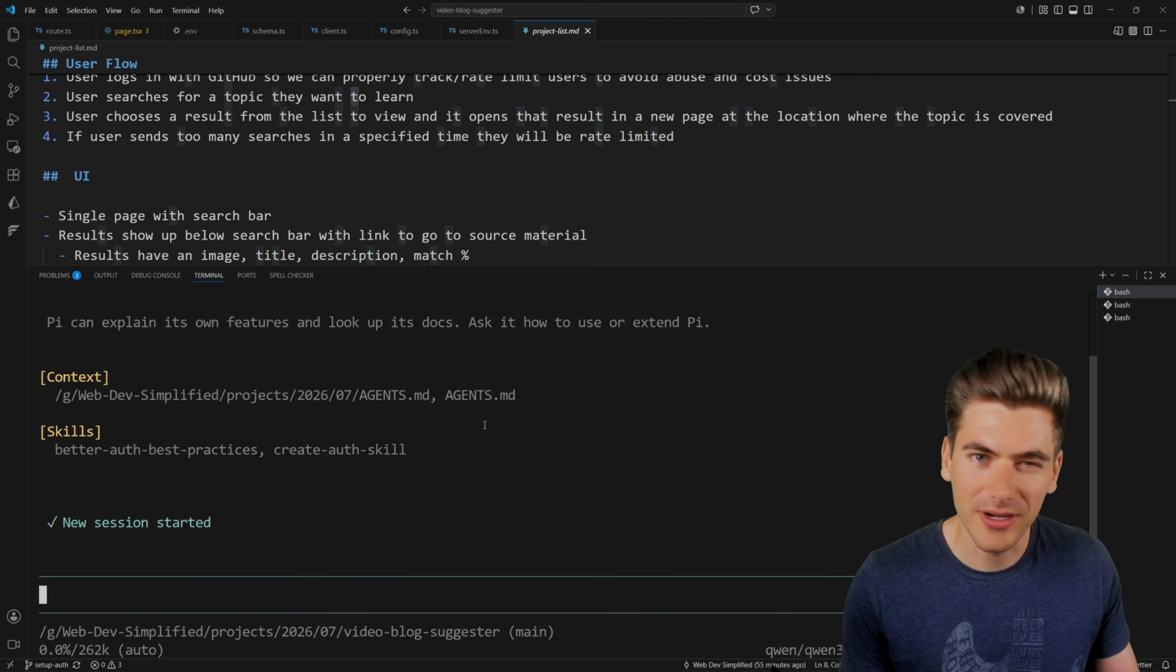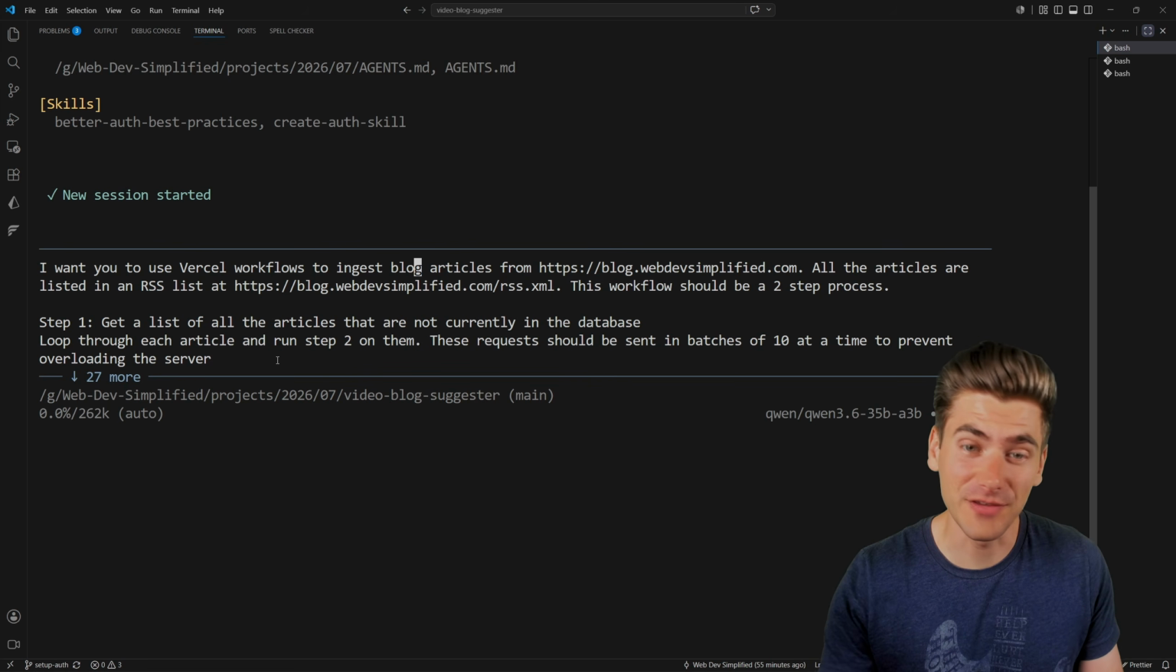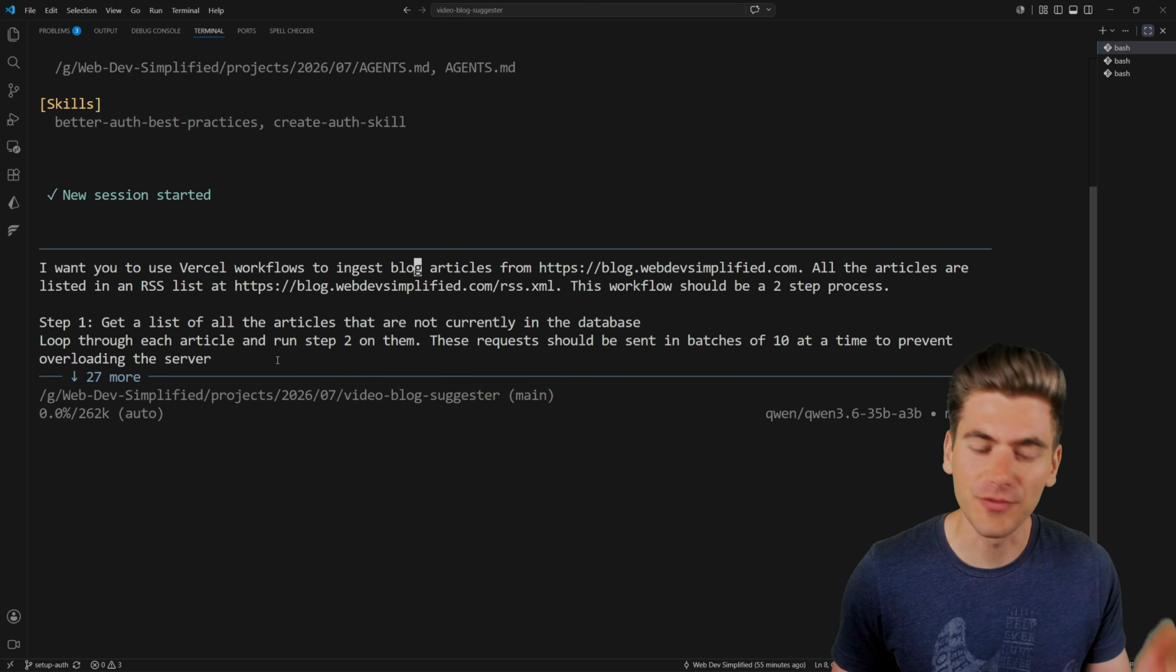And I'm just going to write out what it is and I'll read it to you after I'm done. Now I just finished writing out everything. It's a very detailed prompt. I'll kind of give you the high level. Essentially, I said that I wanted to use Vercel workflows to ingest the blog articles, and I pasted the